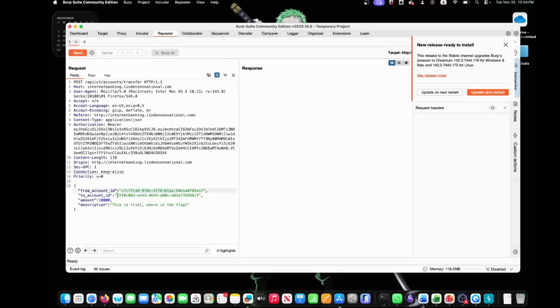We'll just put it as the to account, because you're supposed to transfer money to Mr. X's account, which is represented by this GUID. And once you're able to send it, you're supposed to send your username. So we'll just say admin at hackit.com. This is the demo account.